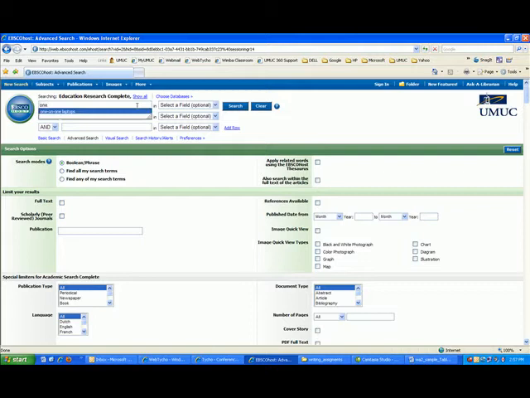I type in one-on-one laptops, and instead of just doing a general search, I want to search specifically on the abstract. In other words, I want this phrase, one-on-one laptops, to appear in the abstract of the article. Now remember what we talked about in our first 2 weeks. The abstract is the summary of the article. So if this phrase is going to appear in the summary, it's probably going to be a pivotal issue in the article. I click Search,